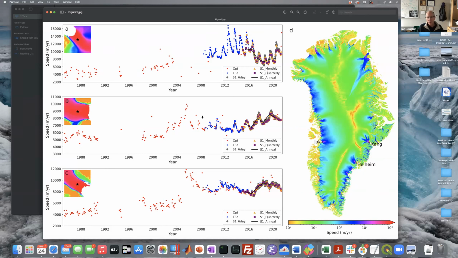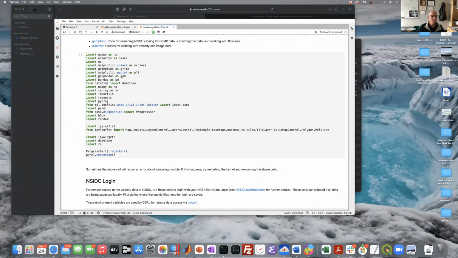And again, there's probably more than 1,000 files that went into making this plot. 1,000 products, each product having multiple files. And this was all generated in a notebook, pulling the data directly from NSIDC. I'm not going to go into stuff quite as complicated as this figure here, but I just wanted to make the point that the tools we're going to demonstrate today are quite powerful and can be used to really access the data